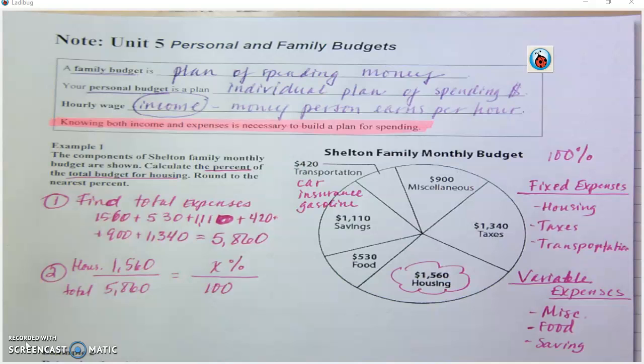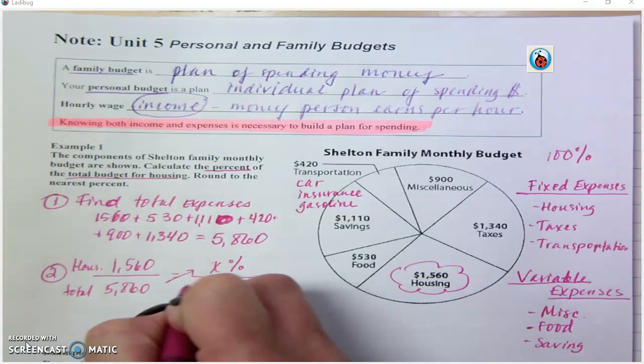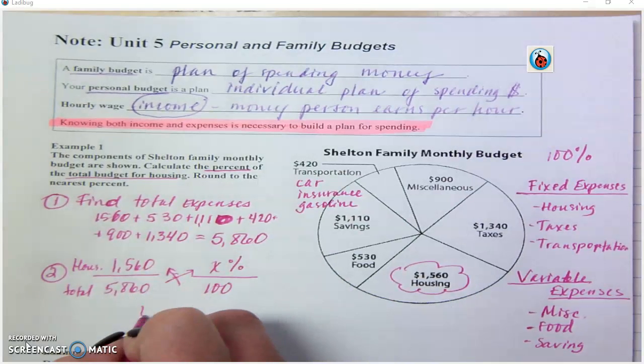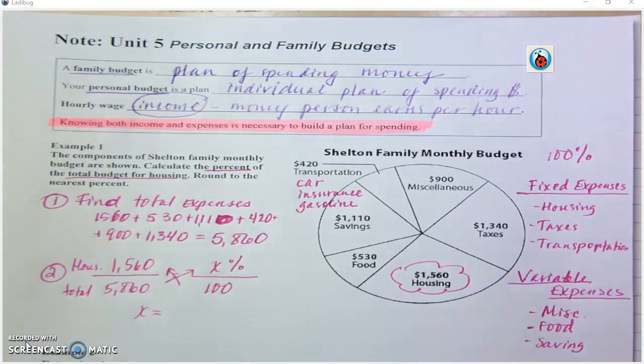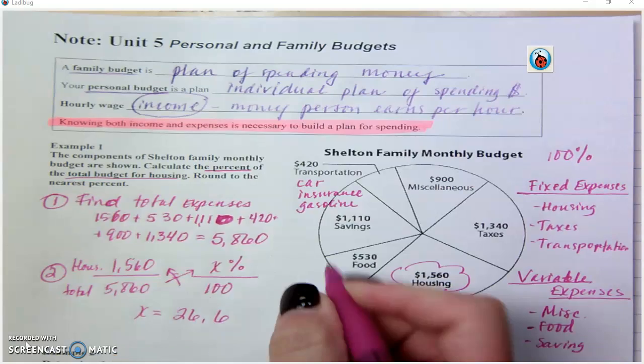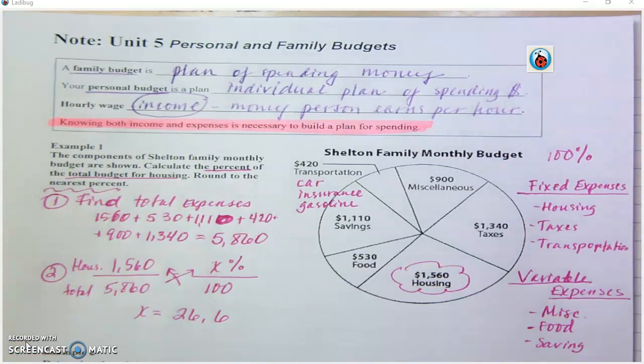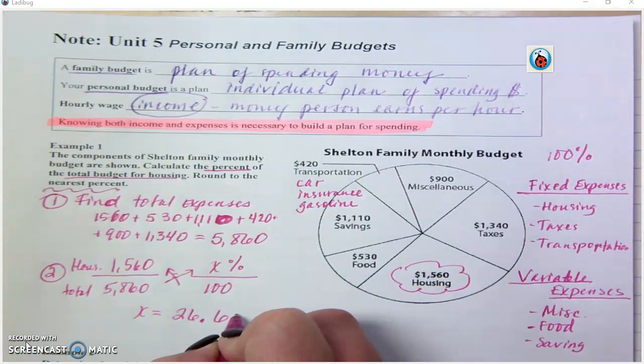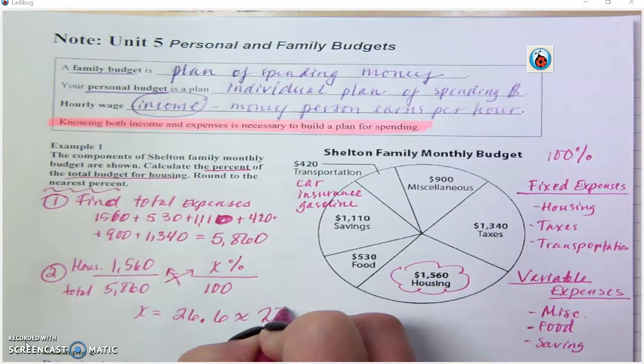So, of course, if you guys can reduce, we'll always try to. This is definitely not an extremely obvious situation. And so the finding of the cross product would be the way to go. And for the sake of the time, I am providing the answer, and X is going to be equaling 26.6, which then we asked to find the nearest percent, which would be about 27%.